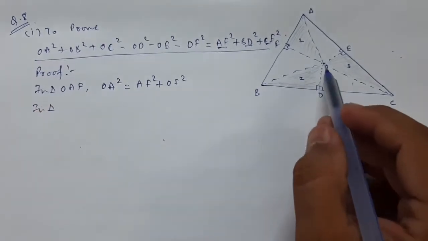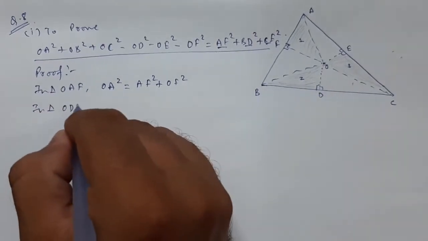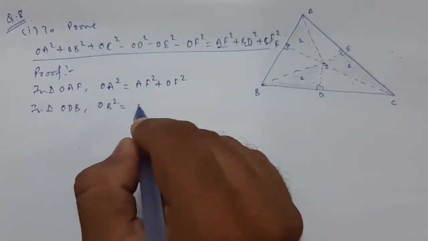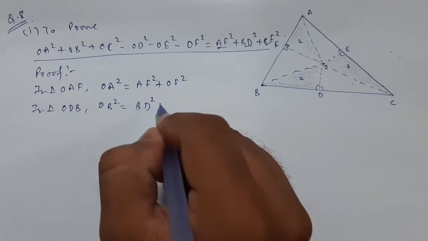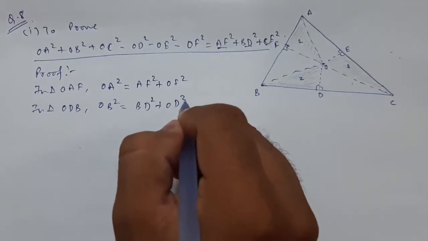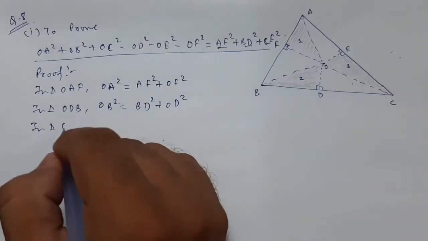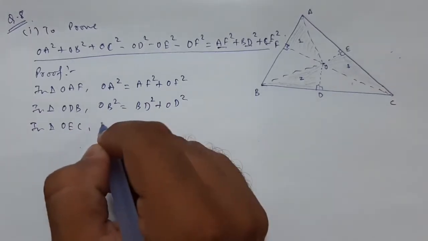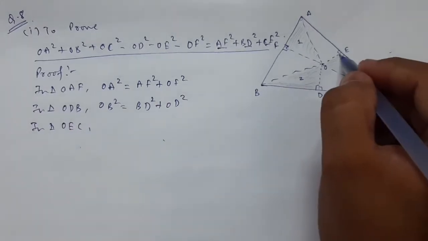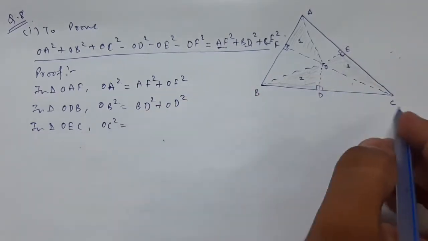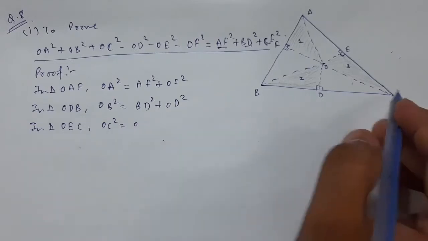Similarly, in triangle ODB, OB square is equal to BD square plus OD square. Similarly, in triangle OEC, 90 degrees here, so OC will be the hypotenuse, so OC square is equal to CE square